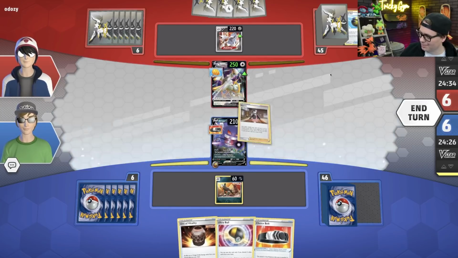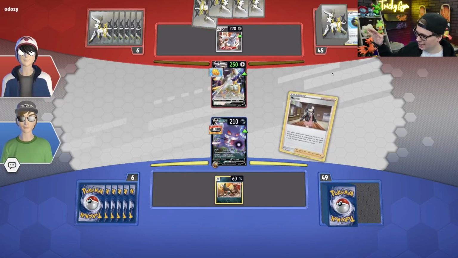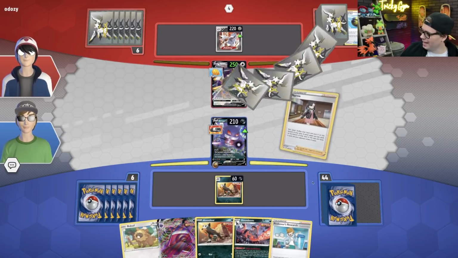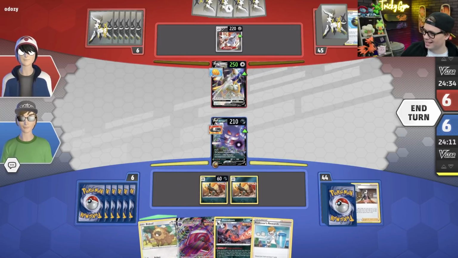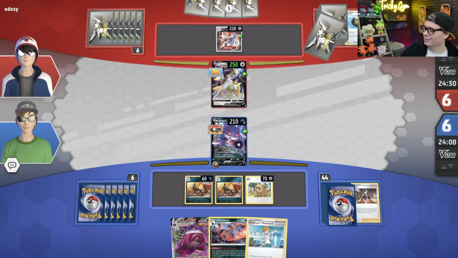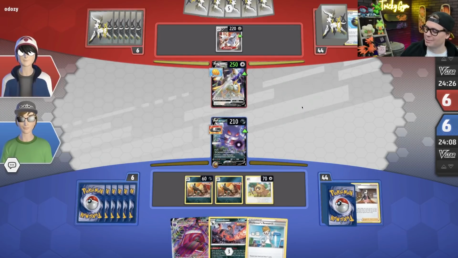So I'm thinking that I'm just going to Marnie. And we're going to say I'm getting good cards off this Marnie, guaranteed. And we did. We got some good ones. Look at that. I've got Houndour. I've got Bidoof. All right. No Battle VIP Passes, unfortunately. Which means that I'm going to be drawing into my Battle VIP Passes for the rest of the game. But